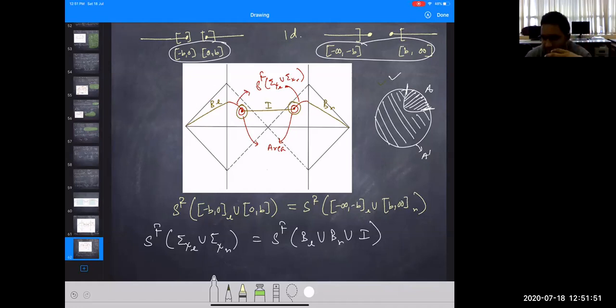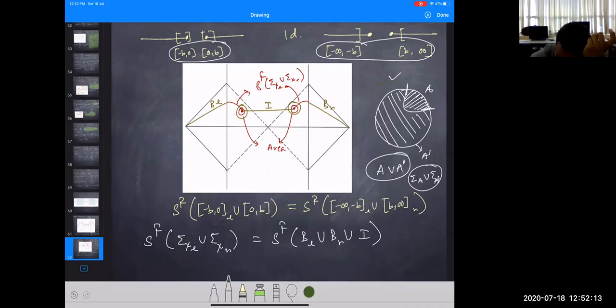So entanglement wedge always comes in. A union A prime is the full boundary. Then sigma A, which is the entanglement wedge of A, union sigma A prime, should give you the full bulk. Okay. Hence, once we are saying the entanglement wedge of the boundary system, so in this diagram here, the